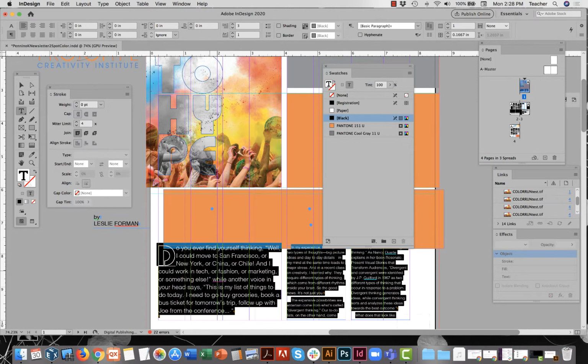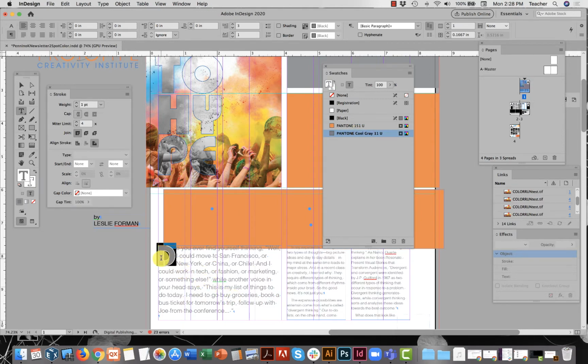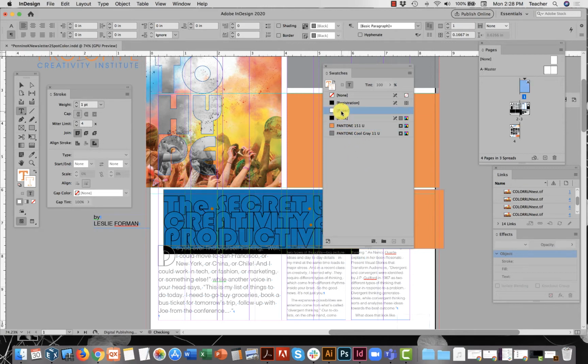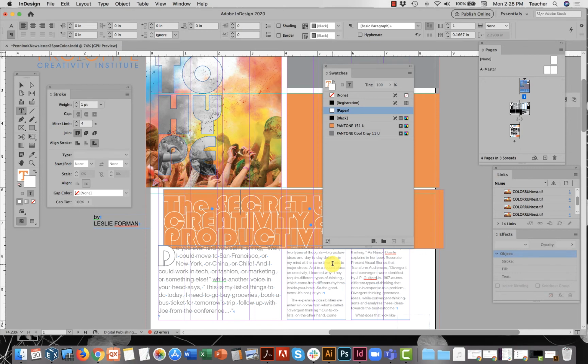So I might just do a select all for all my threaded text, apply the Pantone Cool Gray color. I didn't want a fill color, so I'm going to give that the fill color of paper, a stroke of Pantone Cool Gray. The text that is inside of this text frame had black applied to it. I'm going to go ahead and replace that with the colored paper so we can do some reverse text.